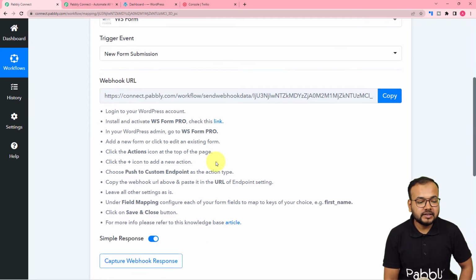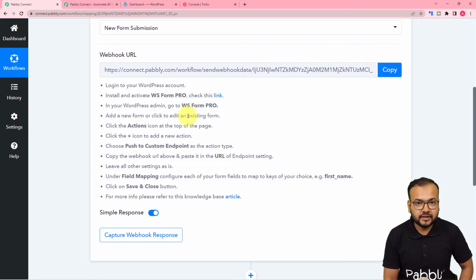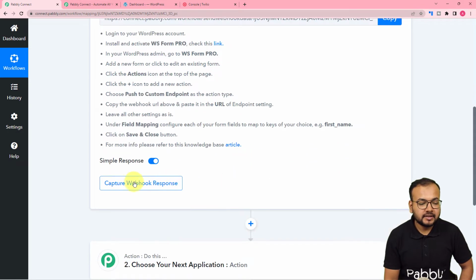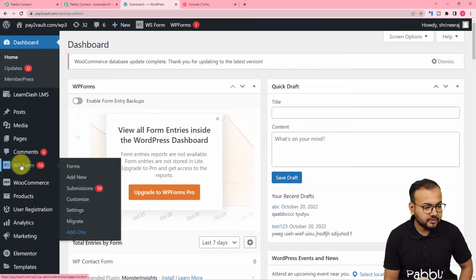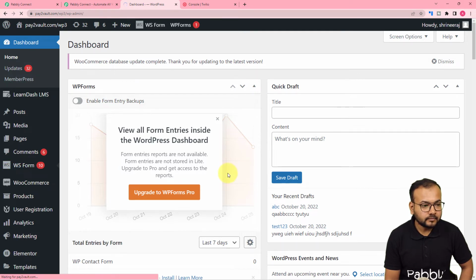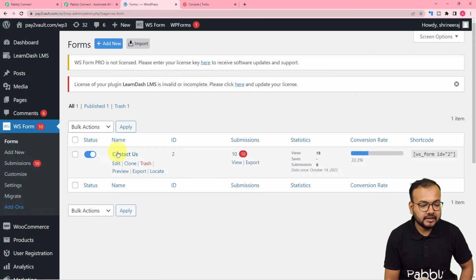So with the help of this, we can make the connection with the WS Form plugin by following these steps written here. So you can just follow the steps one by one, and after that we are going to capture the response of that connection here in this workflow. Okay, so let me show you the steps directly. Here is my WS Form plugin. Let me show you. Here I'm clicking on forms. And here you can see I have created this contact us form using this plugin, and from here click on this edit icon,